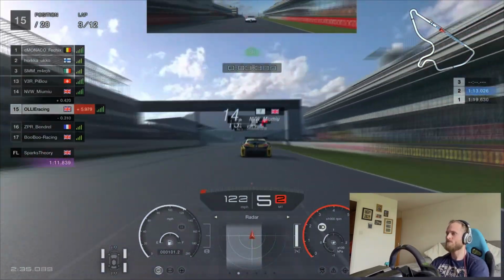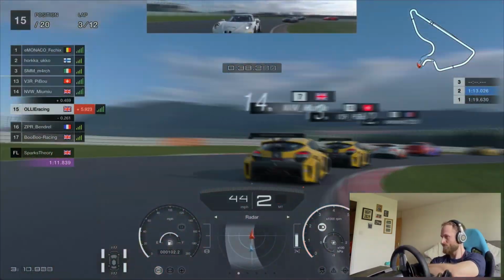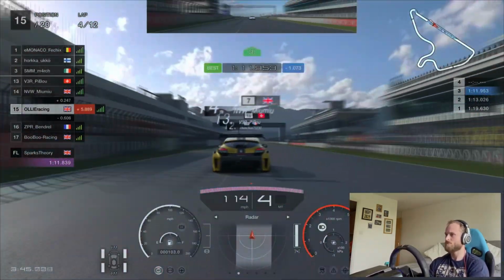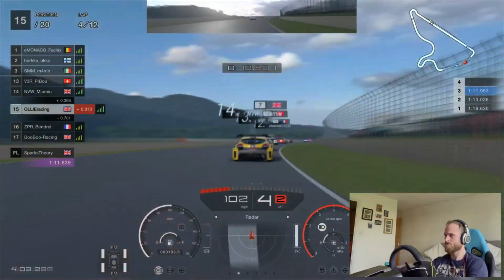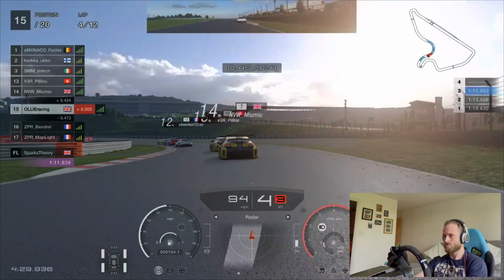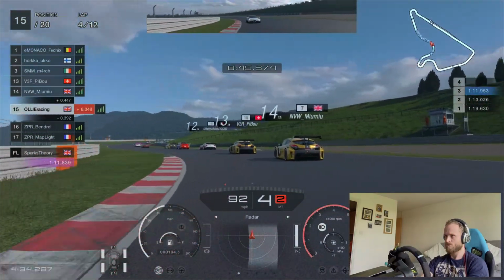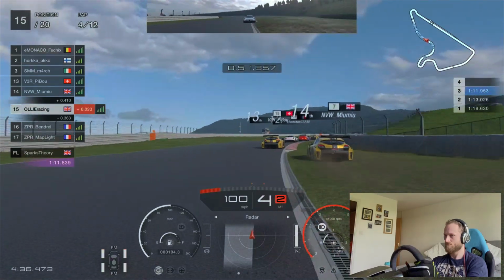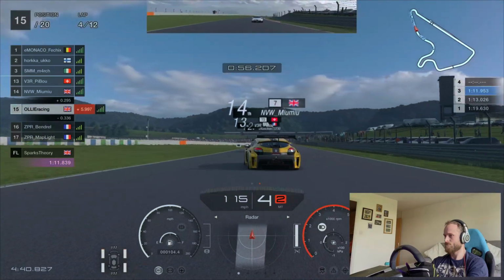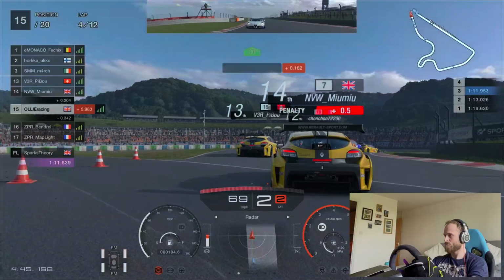But I'm just going to forward it here, and again you'll see that not really much is happening over the next lap or so. Very, very sort of line astern. And like I said, it's just a bit processional really. So I really think that FIA races should have an element of strategy. I don't really like the idea of these short sprint style FIA races, because it makes qualifying even more crucial. And with the way qualifying is at the moment, with the need to get a slipstream all the time,